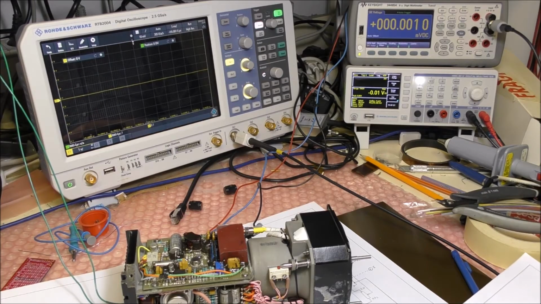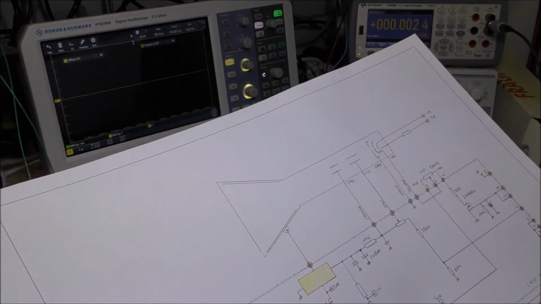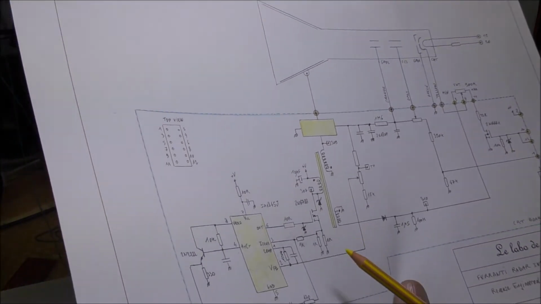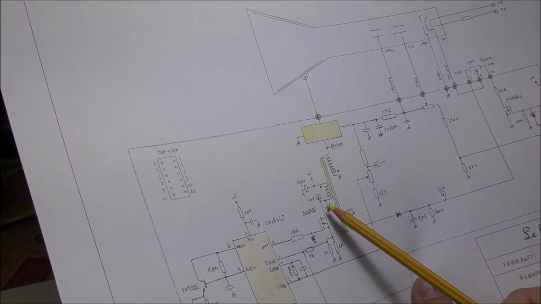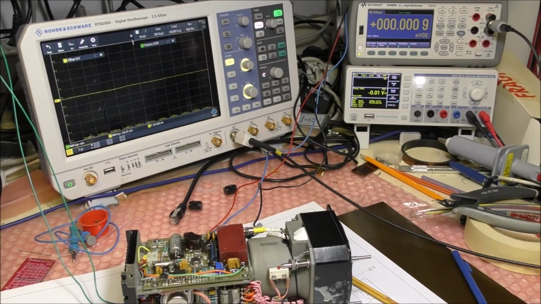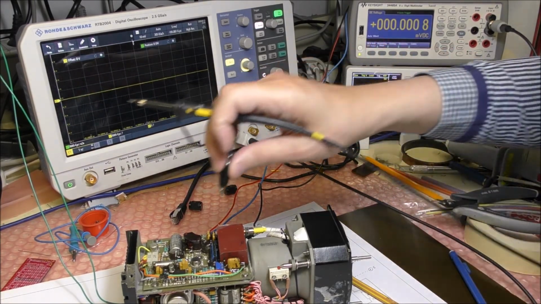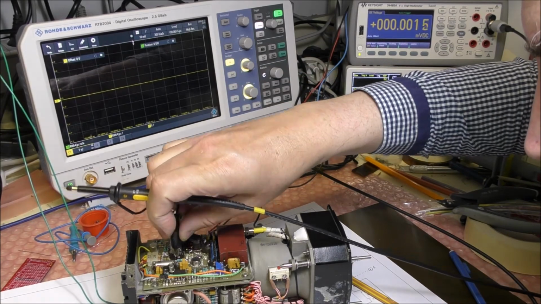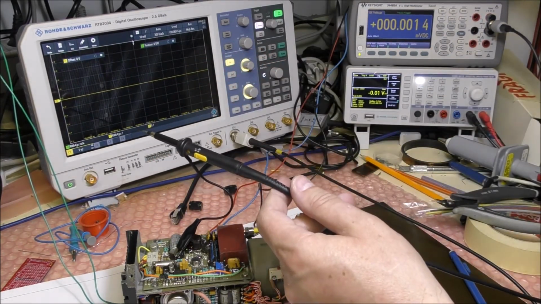I have connected the power supply and the heater, 6.13 volt and plus or minus 12 volt. Maybe we can check first the frequency of this flyback controller. We can make a measurement of the drain of this transistor. I will connect the ground here. I will turn on the power supply.